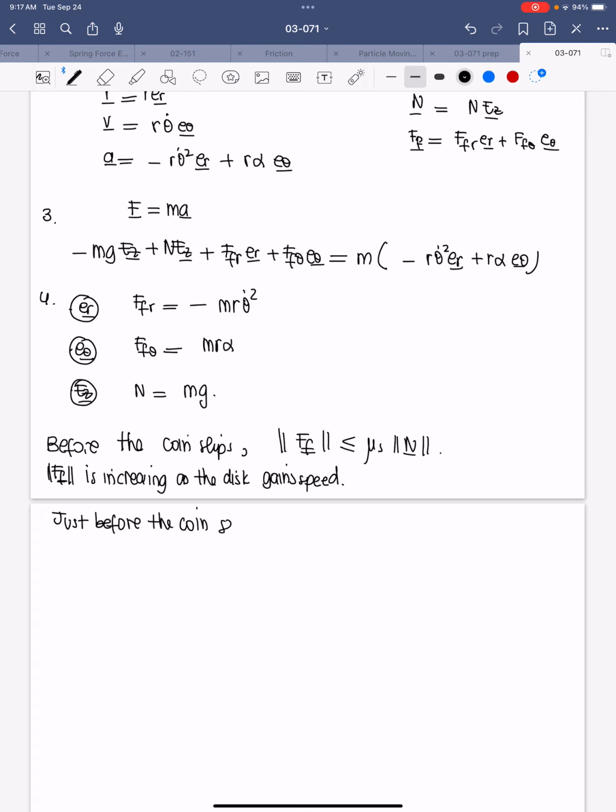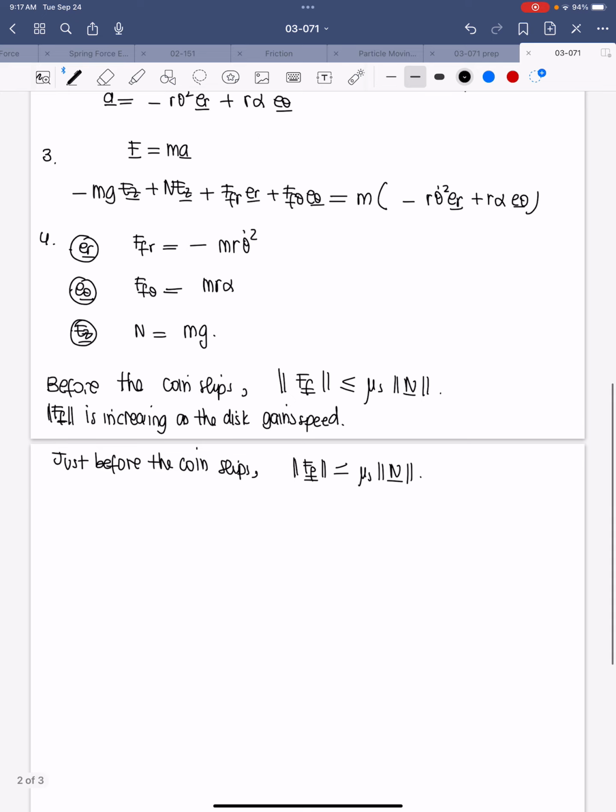Just before the coin slips, we have that the friction force magnitude is equal to mu s times the magnitude of the normal force. So if I replace the magnitude of the friction force, it's going to be m r times the square root of theta dot to the power 4 plus alpha squared, equal to mu s times m g. Mass and mass cancel out, and I'm left with,